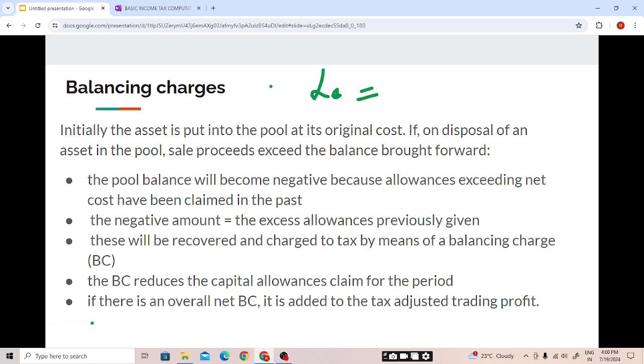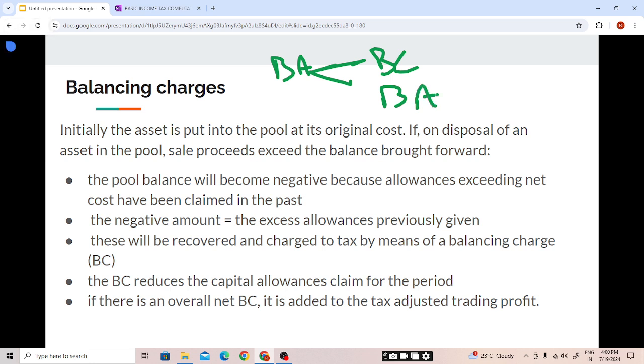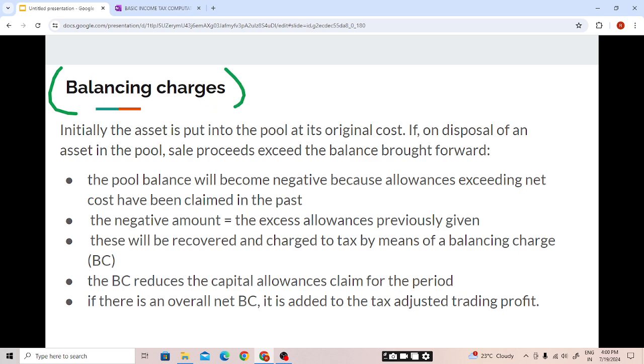Now coming to balancing adjustment. It is very easy, students. We have two types of balancing adjustments: balancing charge and balancing allowance. First, we'll be covering balancing charge. When does a balancing charge occur? Initially, the asset is put into the pool at its original cost. If on disposal of any asset in the pool, sale proceeds exceed the balance brought down,